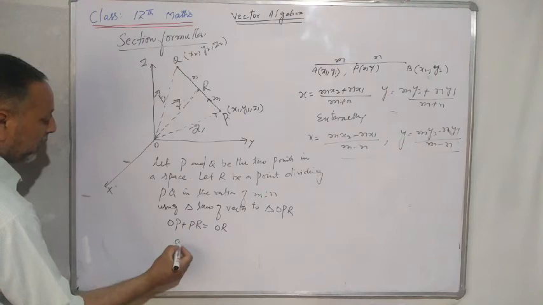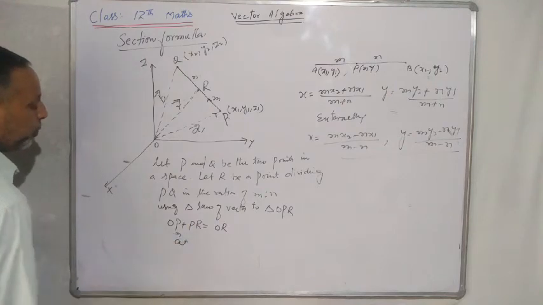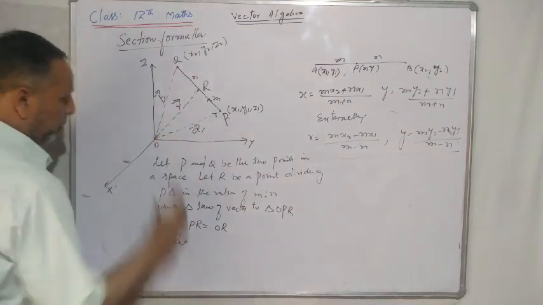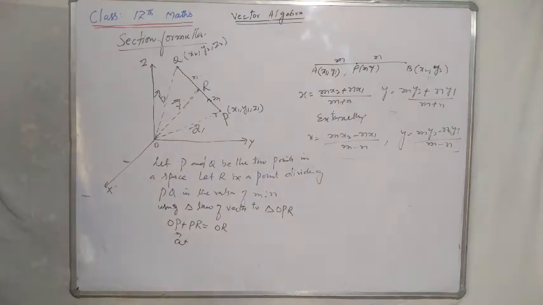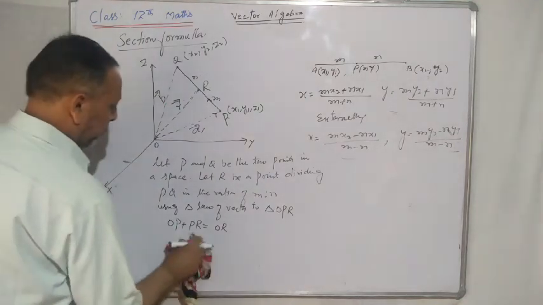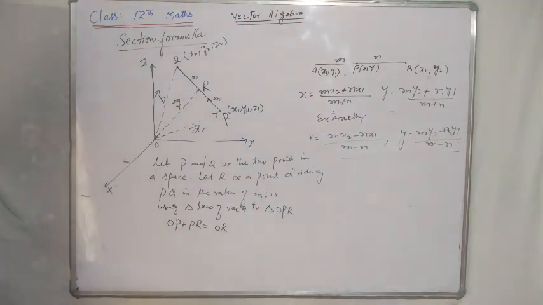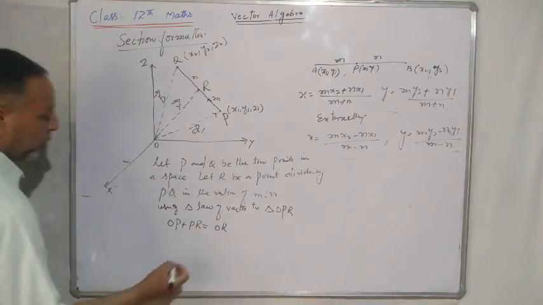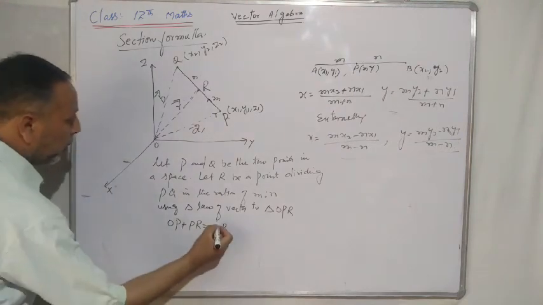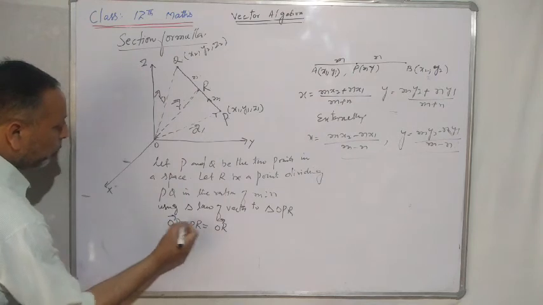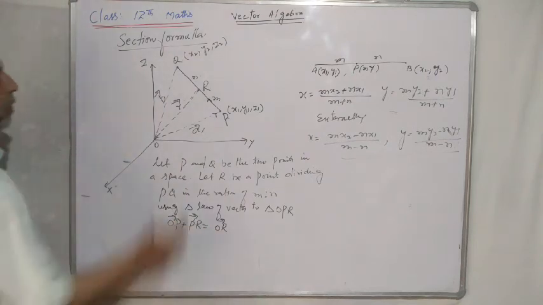OP, that's vector A plus PR। ऐसे करते हैं, PR को मैं निकालता हूं, तो OR is equal to OP plus PR।